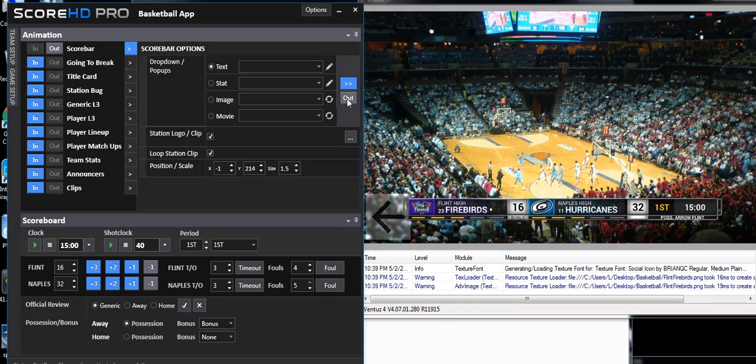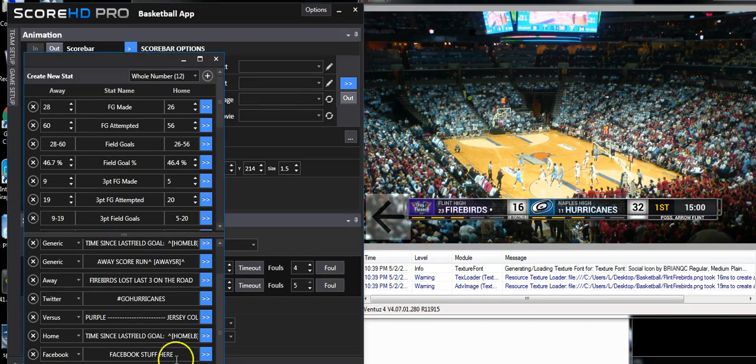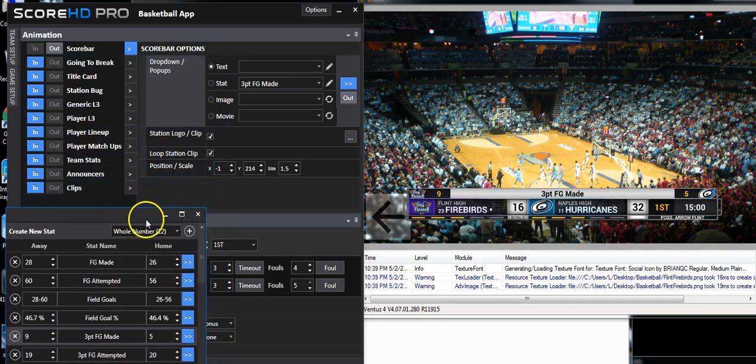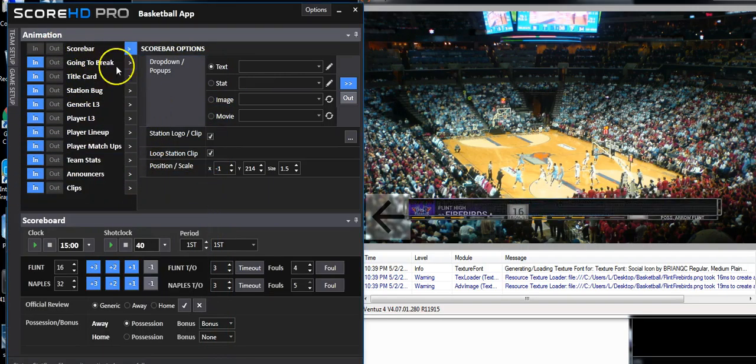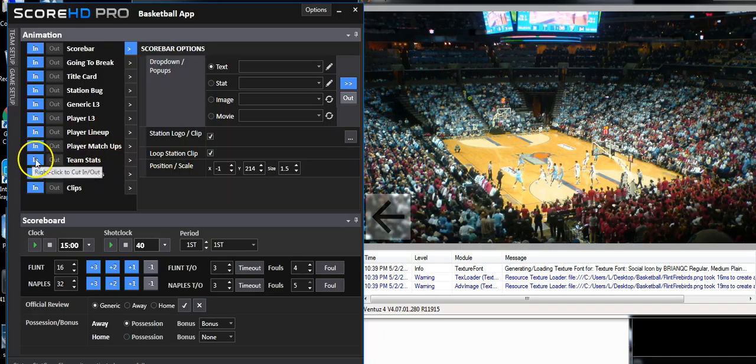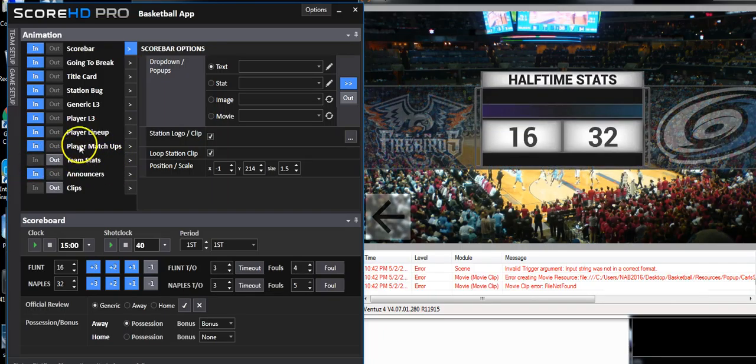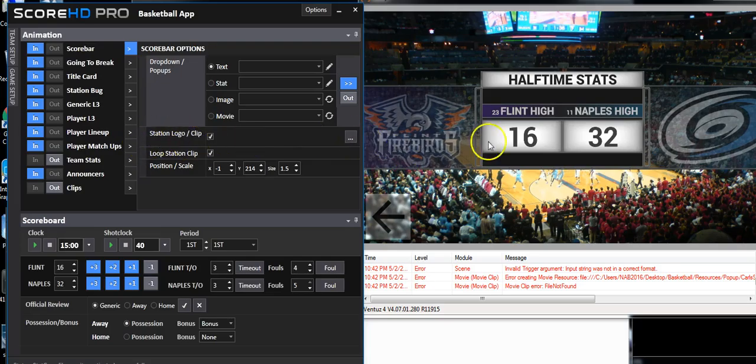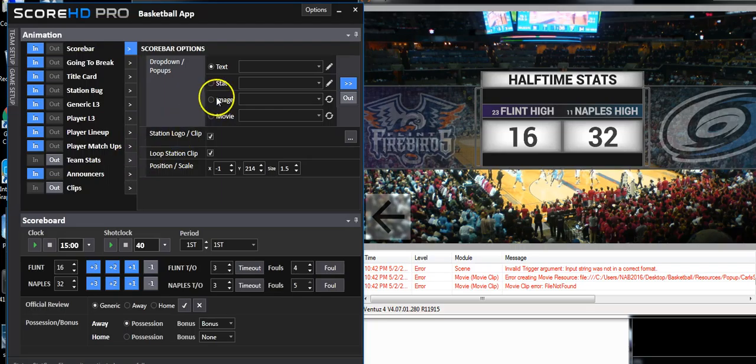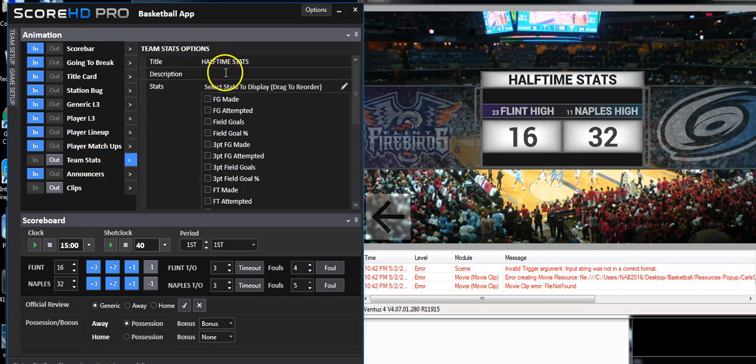And of course, one of the great things about it is now that you have all of this roster information in here, you can come in at your halftime, and jumping a little bit ahead here, but we can come to your team stats and we can bring this in. You can see it's currently showing the score, the setup halftime stats. We can change to whatever it says on the top by changing the data here. So we could say first quarter,